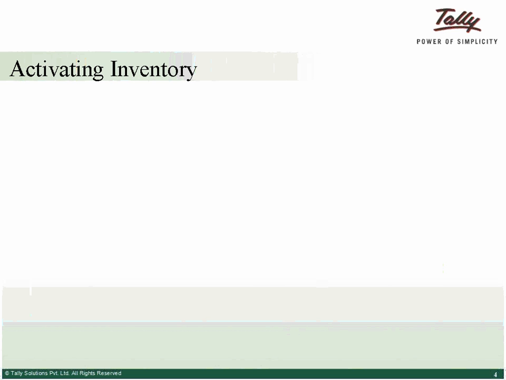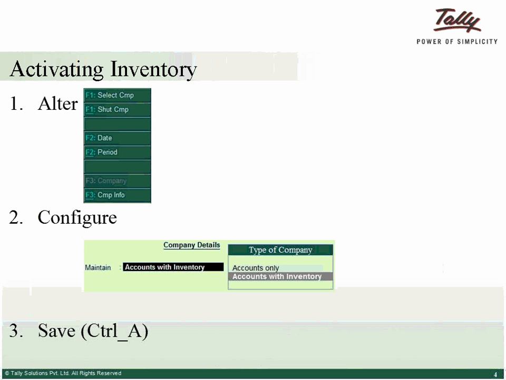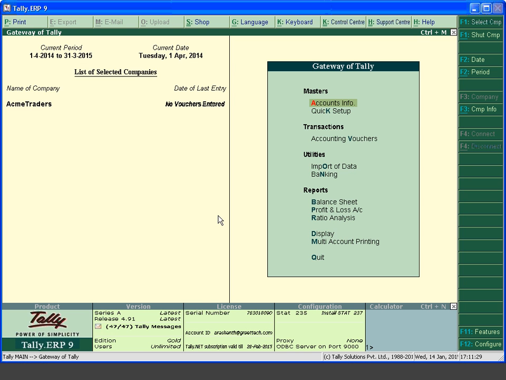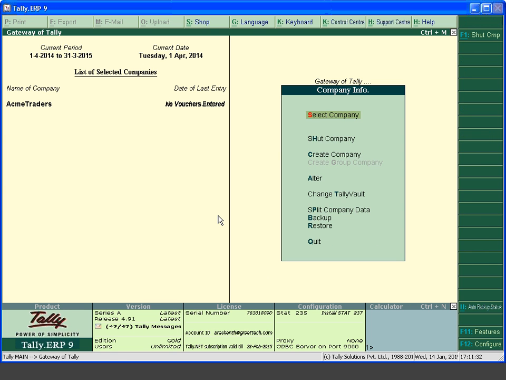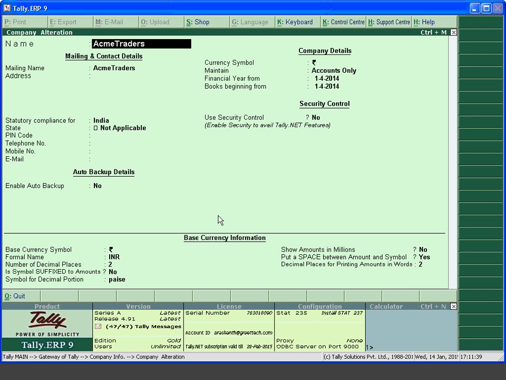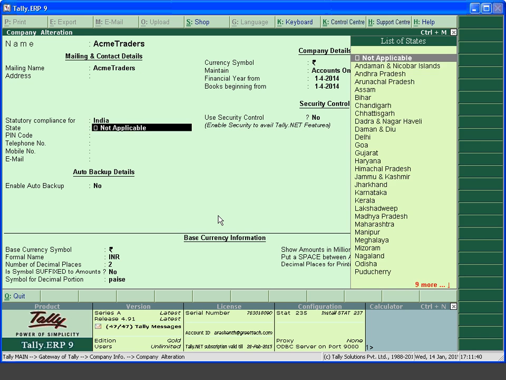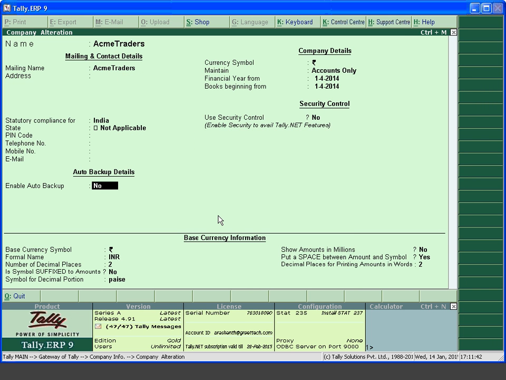Let us first revert to the Acme Traders, our exercise company, which we have created in the first session, and activate inventory as displayed on the screen. To alter this company, press Alt F3 from Gateway of Tally and select Alter option. Here, change Maintain to Accounts with Inventory